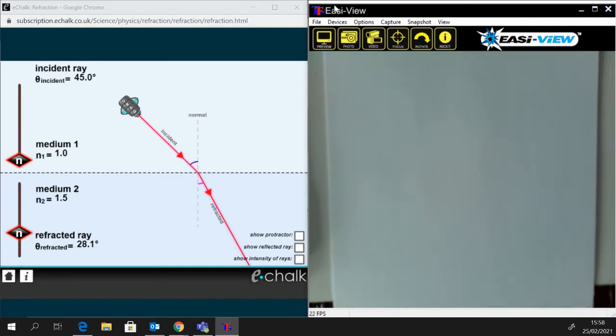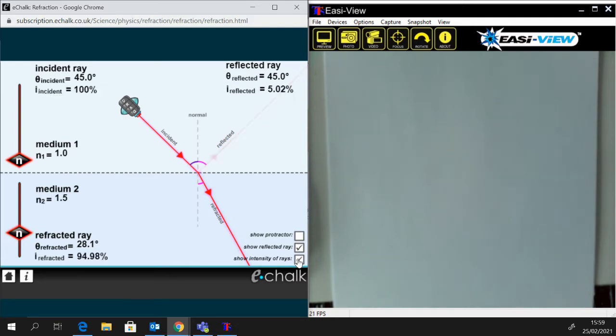I'm going to explain a little bit about how the difference in medium, going from a transition from one medium to another, can affect the amount of rays reflected, and therefore how refractive index can be used to minimize reflection in things like anti-reflective coatings. So if I put on the reflected ray and then show the correct intensity of the reflected ray, you can see